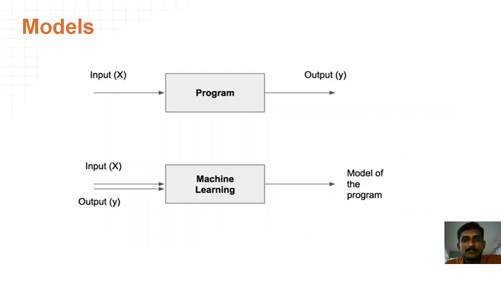Okay. The first diagram shows how traditional programming software works. We give inputs, and we code it to perform certain operations, and we get the output. The first diagram is that traditional software mechanism. The second one is machine learning. We give the input and also the output for the particular system, and we train the machine with the past data, the training data and the test data, and finally we get the model, that is the programmed model for the machine learning system.